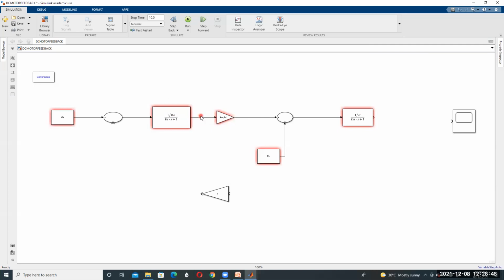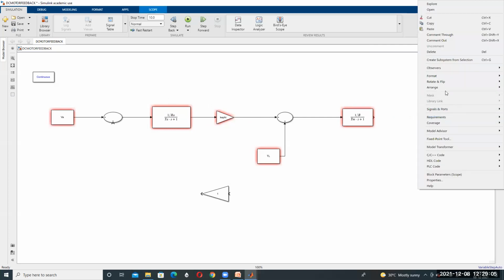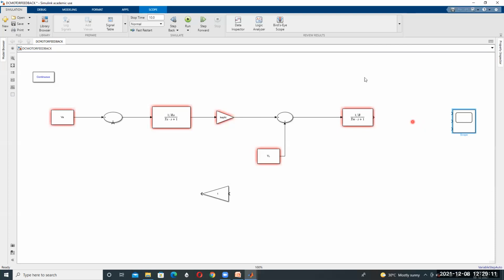This is called current. If you want to know the waveform of current, then take from here. If you want torque, take from another, and if you want to find the speed, then take from here. That means it requires 3 input ports. So in signal ports, enter number of ports 3. Understood? So connect from the port to here, like this.